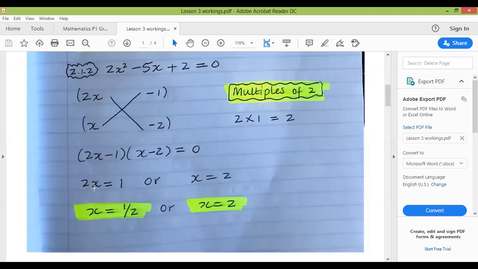Therefore, remember now you've got 2x is equals to 1. The question asked for solving for x, not solving for 2x. Therefore, you have to divide by 2. What you do on the left-hand side, you must do on the right-hand side. Therefore, x will be equals to half, because 1 over 2 will be half. Then this one will stay as it is. I hope it makes sense.